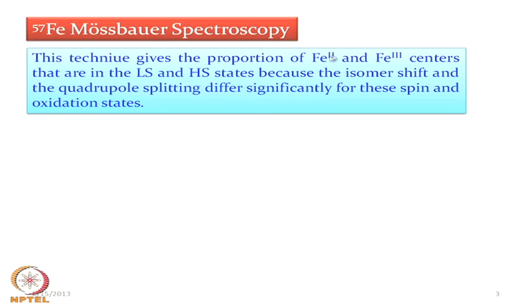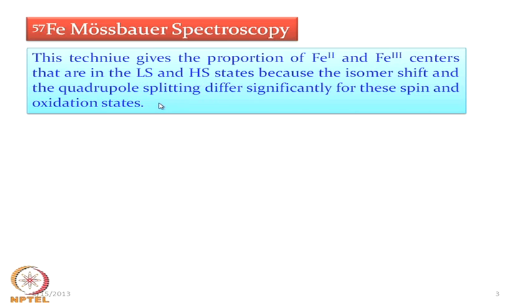So, both oxidation states can be handled: iron 2 in LS and HS, and iron 3 also in LS and HS. That means, if in a particular compound we have both iron 2 and iron 3 centers, as well as high spin and low spin proportions present,